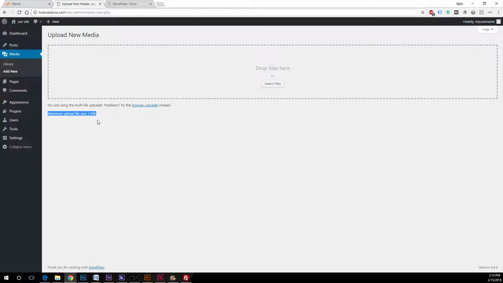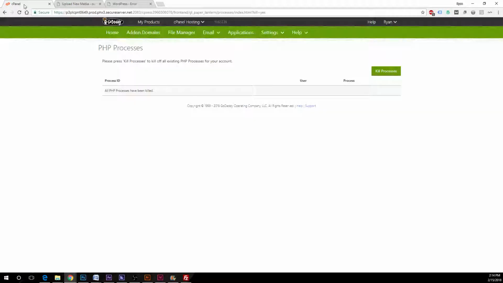And this is something we can do temporarily and then scale it back down once we've launched the site. That way nobody else can upload extremely large files, but we can get those up while we're trying to get everything developed. In order to fix this, we're going to go into our cPanel,